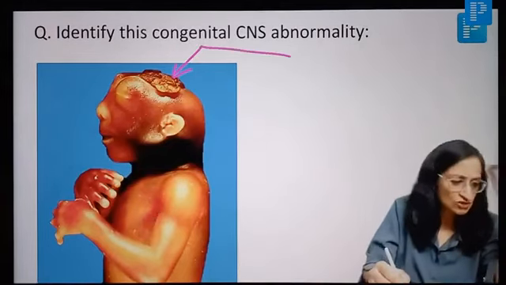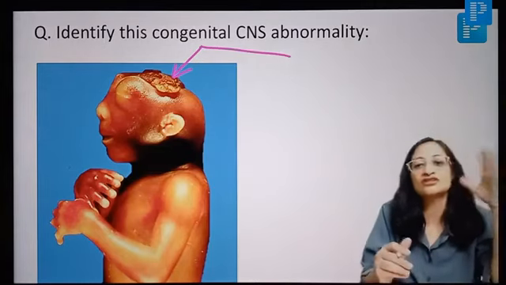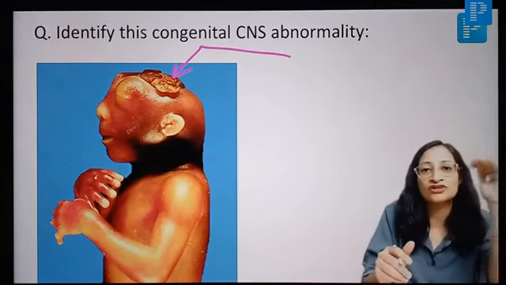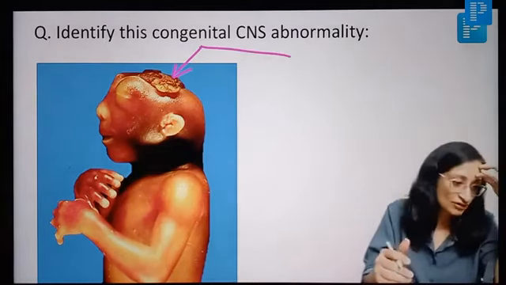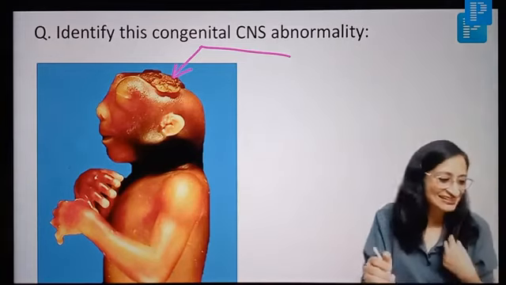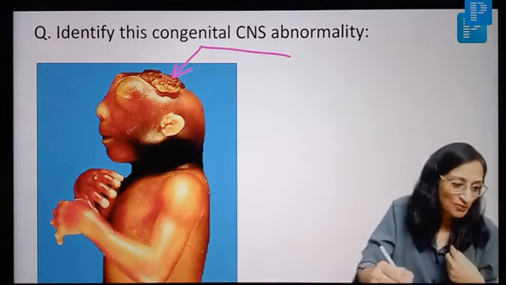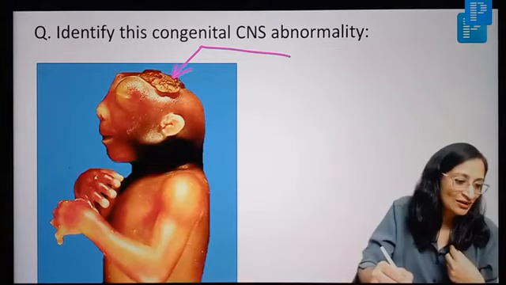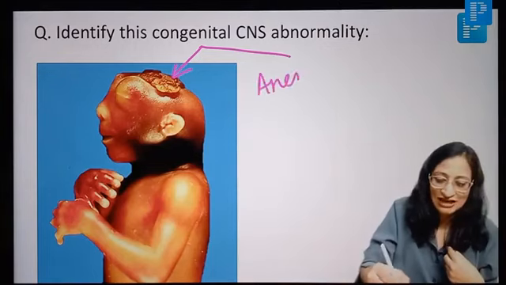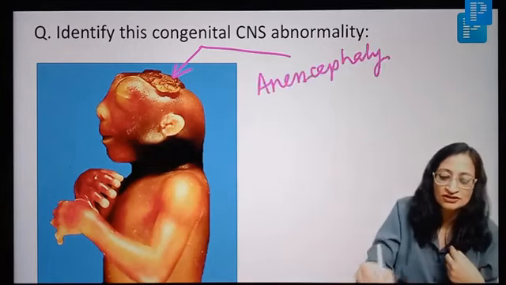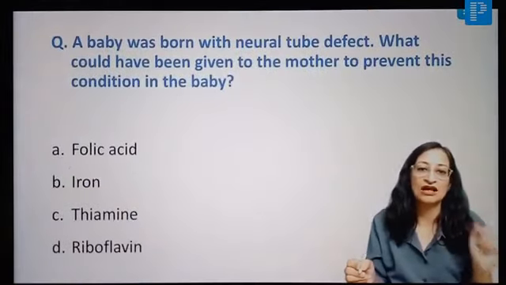Come on, this one I want an answer from each and every one of you. What is your diagnosis here? So this is due to failure of development of the rostral end of the neuropore, or anterior neuropore. Yes? Come on, what is the answer? Yes? So Prachi, very good. Manohar. So I can see now a lot of you answering, Aman. So yes, this is anencephaly. This is one of those conditions where you do not resuscitate a baby if this defect is present. Okay? I believe this is my last question for the day.